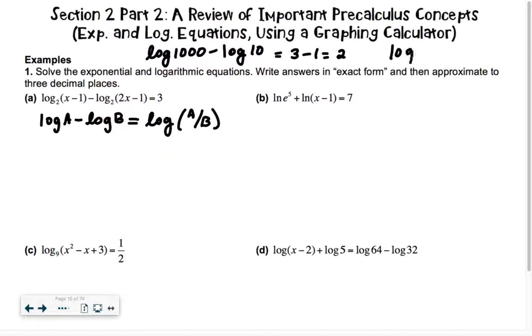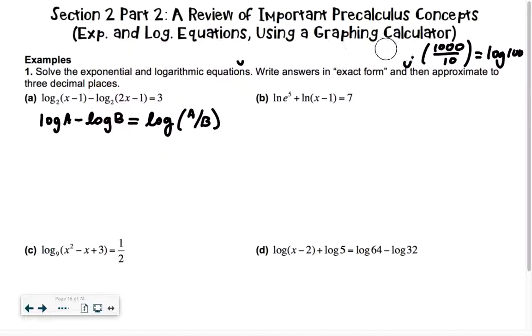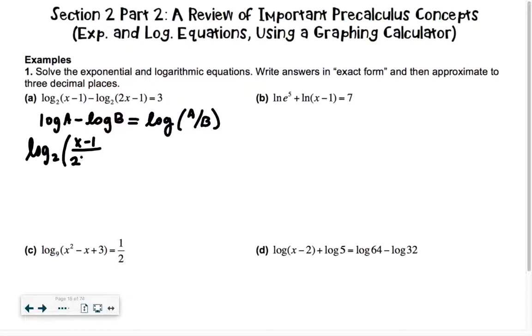Is that the same as log of 1,000 divided by 10, in other words, log of 100? Is that also 2? Yeah. So if you get confused on the rules, think about the tens, hundreds, thousands. Okay, so we're going to have log base 2 of x minus 1 over 2x minus 1